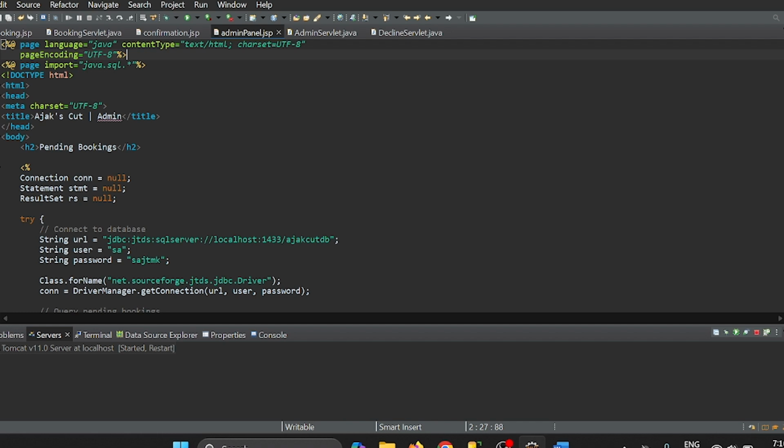Inside the head, we set the page title to Ajax Cut Admin. This title will appear on the browser tab when the admin is viewing the dashboard. Inside the body, we add a heading using